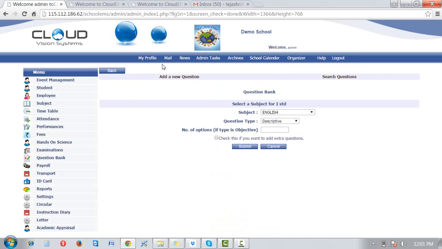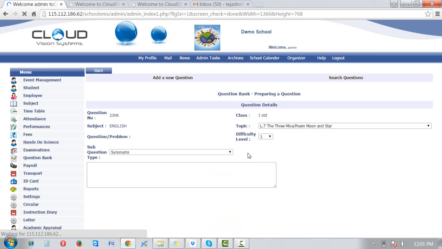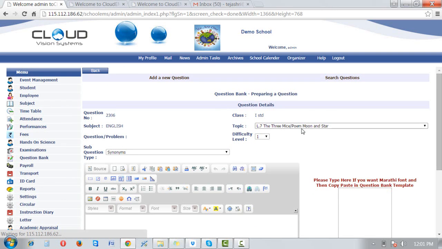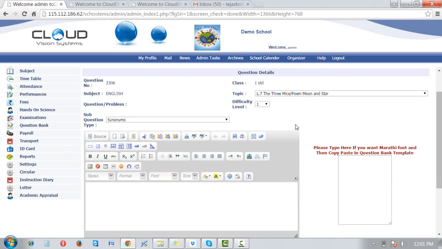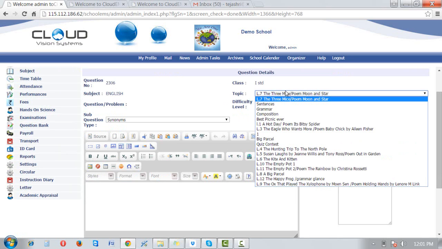For this, I have selected the working days. Now Saturday and Sunday we have marked off, so the working days will be reflected over here, and this will be the number of options displayed. It is an objective type, the manual attendance of the staff. Submit. Now just select those staff who were absent for the day. The rest will all be marked as present. This is the department-wise listing of the staff. This is the manual attendance of staff.